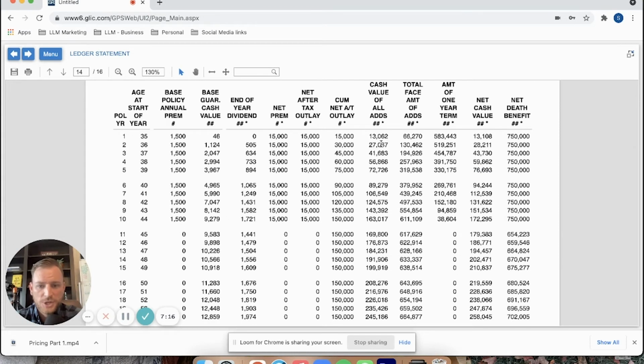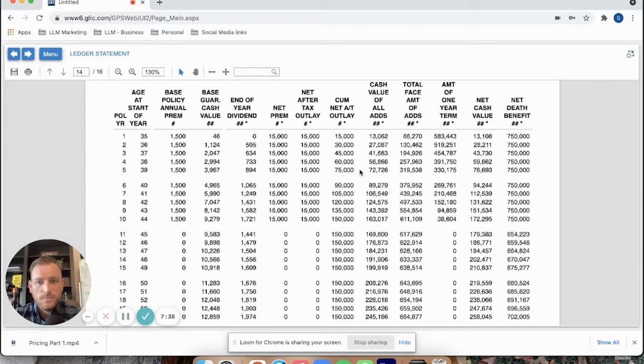And just to note, when you have that money in cash value, right? I put $15,000 in, $13,000 is available. You have access to that day one that it turns into cash value. It's not like you have to wait until you have it all. As soon as it shows up in cash value, you can loan against it and you can use it for whatever you might want. So the break even is what we want to focus on.